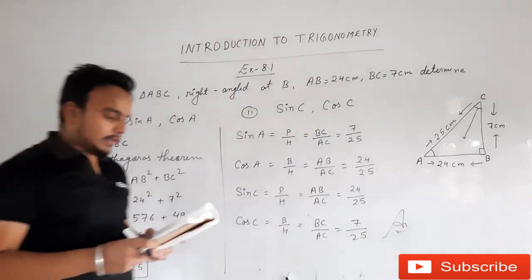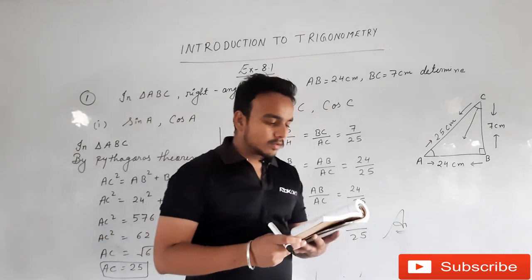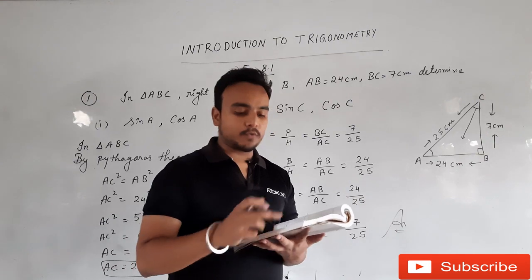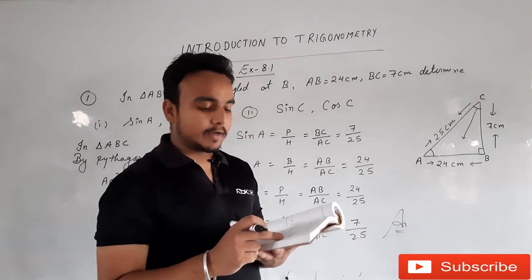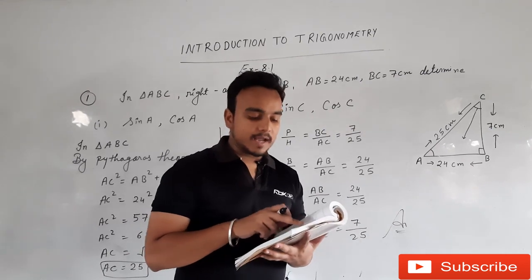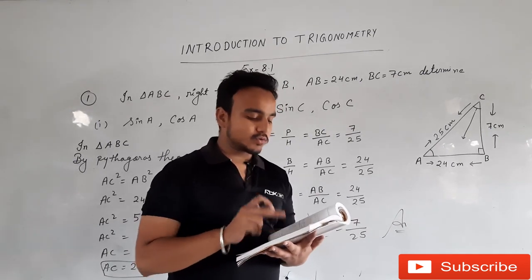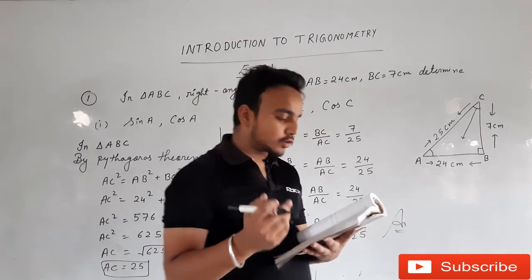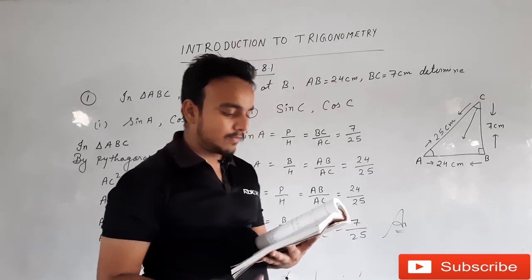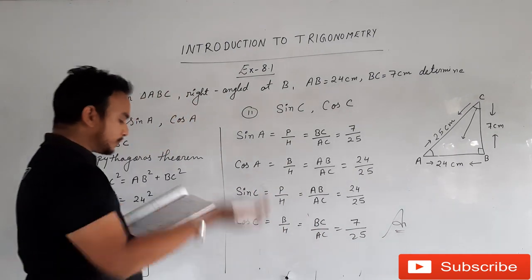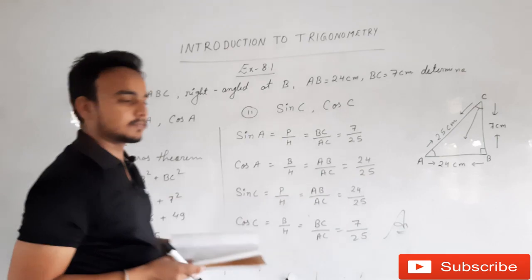Okay, in next question, the question is asking about tan P minus cot R from figure. From figure you can calculate the base and then you can calculate tan P and cot R, means you can solve by these methods, and you can also solve question number 3, 4 and 5 in the similar way. So now we are going to question number 6.